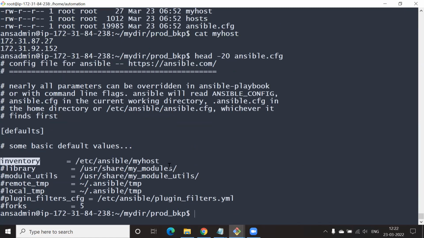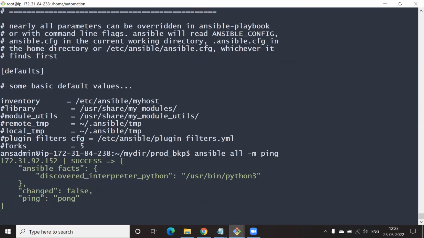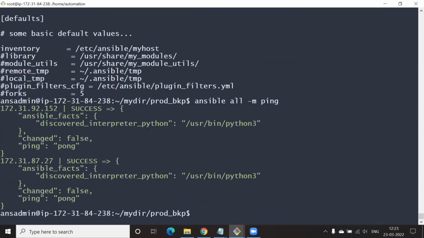So just for the sake of discipline, ansible all -m ping. Good one, and we've already seen the colon. Now back to my host, I think we're referring to my host, right? Yeah. So just get back into my host.